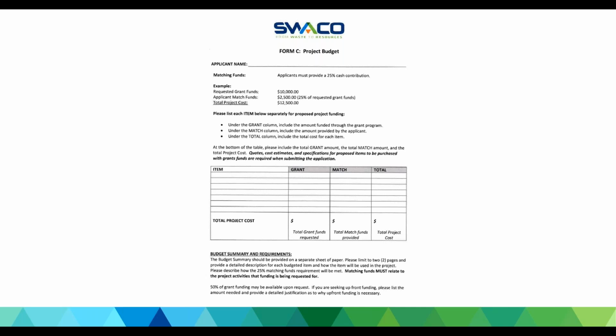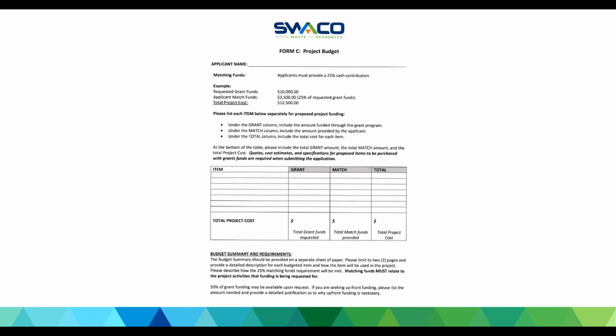So if you are asking for $10,000, the cash match is $2,500, or 25% of the requested grant funds. That has to be directly tied to the program or the project that the funding is being requested for. We also require applicants to itemize all grant items and associated costs.